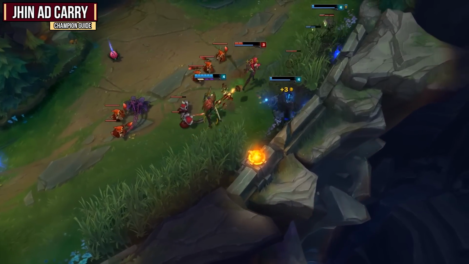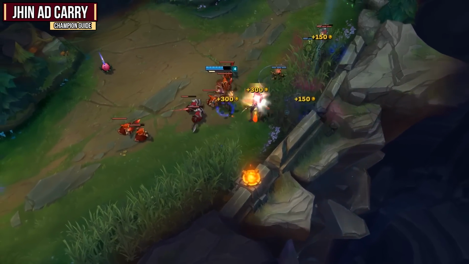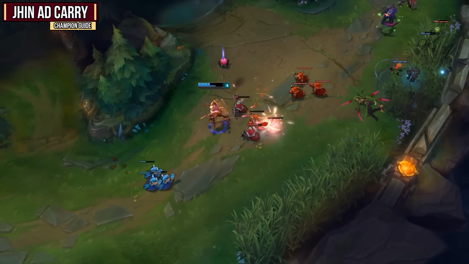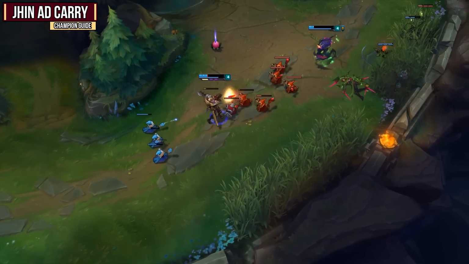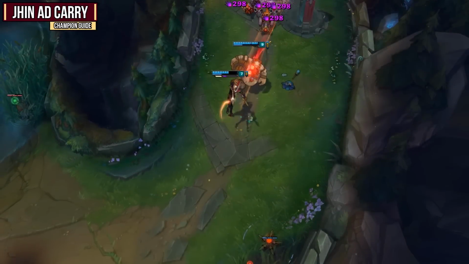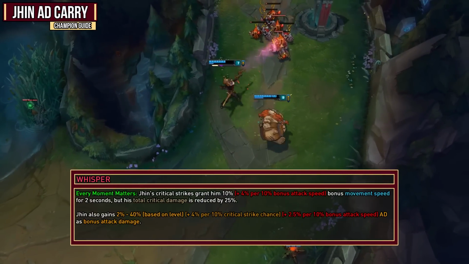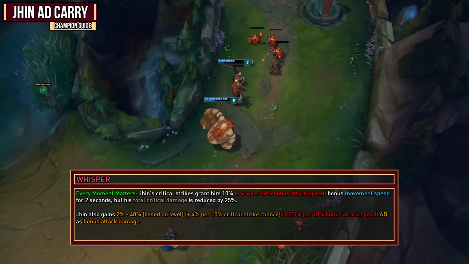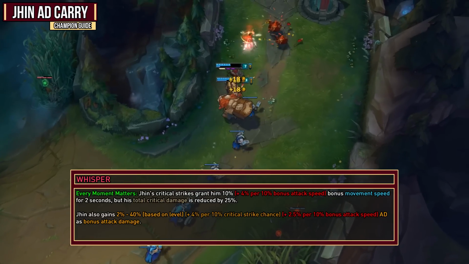Since the 4th shot's based on the target's missing health, it does some pretty high damage and is great for finishing people off. Like I said, I flashed forward and finished off people with the 4th shot countless times. The second part of your passive is called Every Moment Matters. Jhin's critical strikes grant him 10% plus 4% per 10% bonus attack speed, bonus movement speed for 2 seconds, but